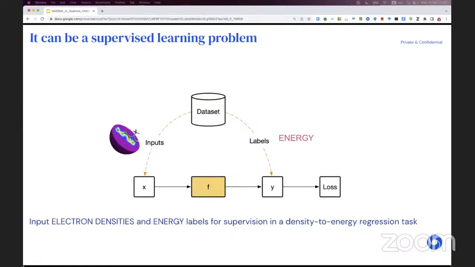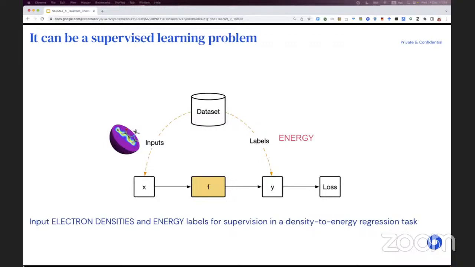So from the training point of view, this is a supervised learning problem, or at least that's how we are treating it. Our inputs are the electron densities and our targets are the reaction energies. Here we care about reaction energies, and this means we are going to take differences of energies, and therefore accuracy is crucial for two things, because we care about differences of energies and because chemists care a